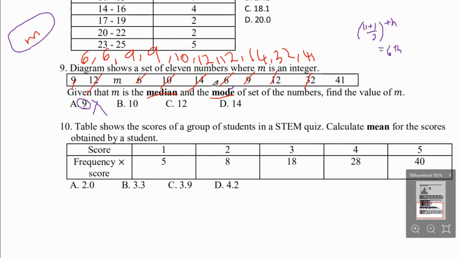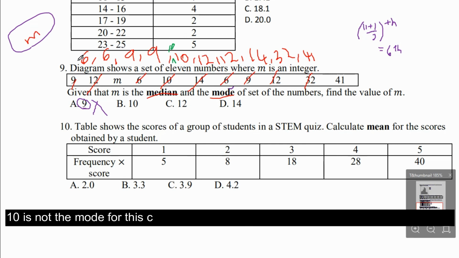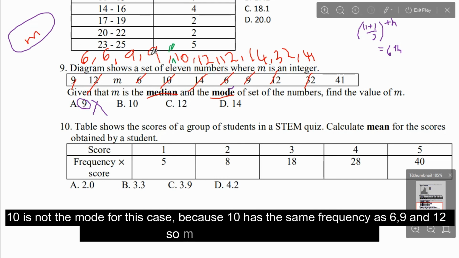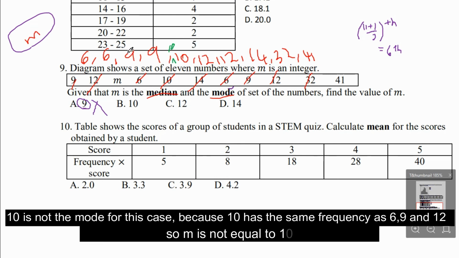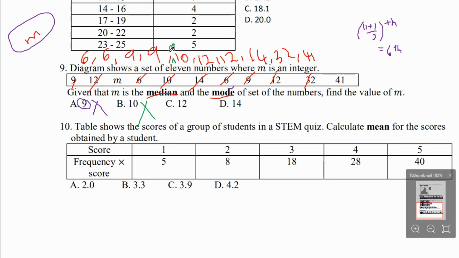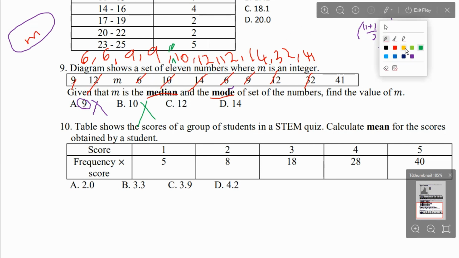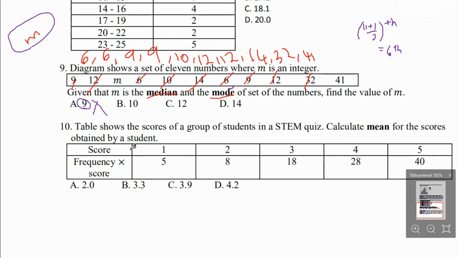Now we try B, number 10. If m equals to 10, okay, so 10 will be here. Or you can put it here also, okay. So 10 is the mode. Is 10 the mode for this set of numbers? Does 10 have the highest frequency? No, because 6, 9, 10, 12, these 4 numbers, they all have 2. So 10 is not the mode for this set of numbers. So 10 is wrong also. 因为你看啊，如果你放 m 等于10，那么这个10它不是一个 mode，它不是出现最多次的，出现最多次的有6、9、10跟12，这个不是 mode 来的。OK， 所以10也不对。